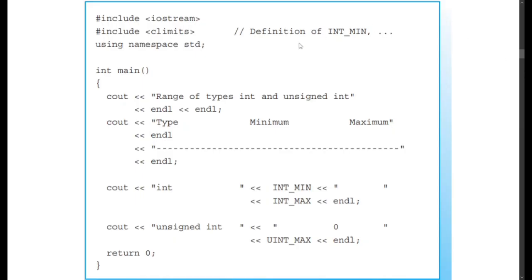As you can see, that comment starts with 2 slashes. This is a single line comment that will follow through to the end of the line. It says this is the definition of INT_MAX, etc. So we know that it's going to define the INT_MIN and INT_MAX constants. We have those here, INT_MIN and INT_MAX. And you'll see that the statement ends with a semicolon. This is something that we haven't talked about yet, but every statement, every instruction will normally end with a semicolon. This is how we let the compiler know we're done with this instruction, okay? That's something to bear in mind.